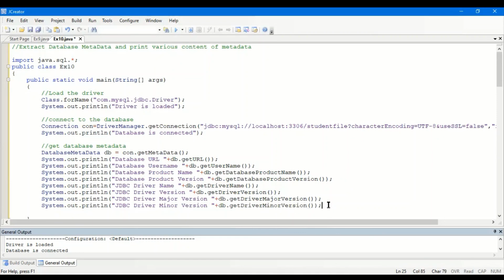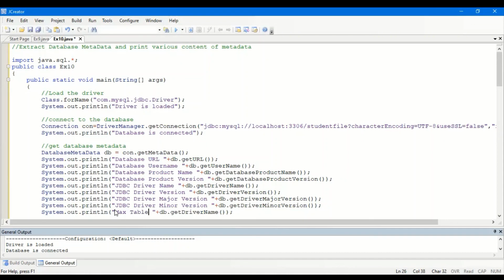Okay. And the next we are going to extract the maximum length for the table name. Maximum table name length.